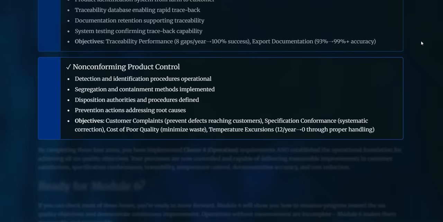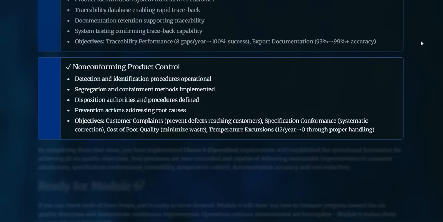The objectives here are customer complaints through prevention of defects reaching customers, specification conformance by systematic corrections, and cause of poor quality by minimizing waste and temperature excursions, which we have 12 incidents per year, and eliminating that through